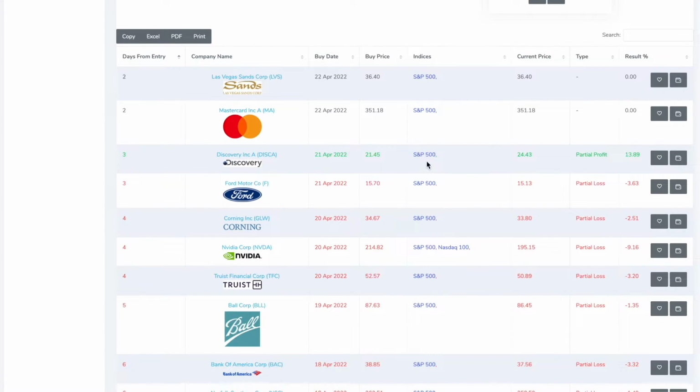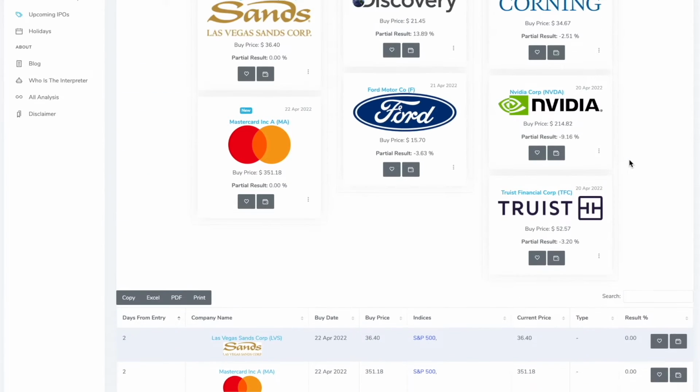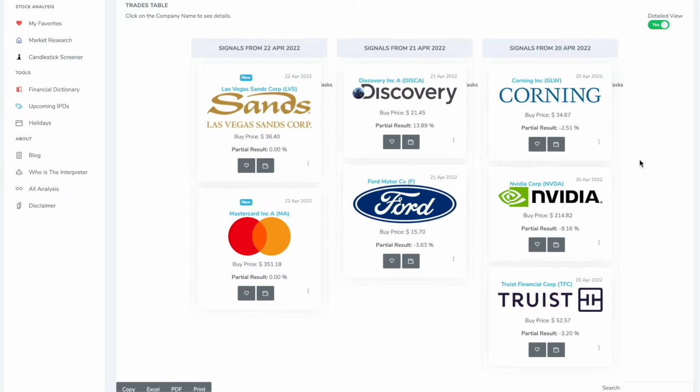And it's not always a partial loss the first few days, as we can see here with this discovery, at a 13.89% partial profit. So we've explored this algo's history in the stock market. Maybe we prefer trading a more popular stock or trading a stock that is perhaps already in our portfolio or